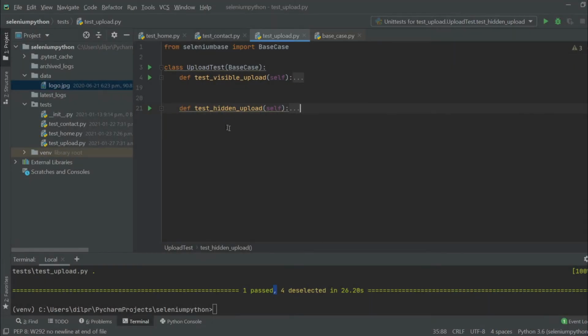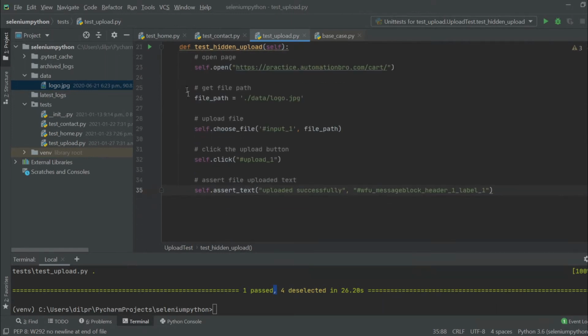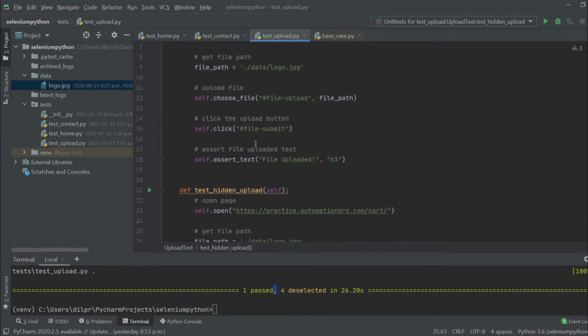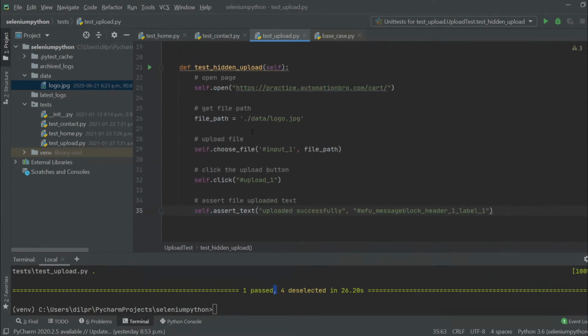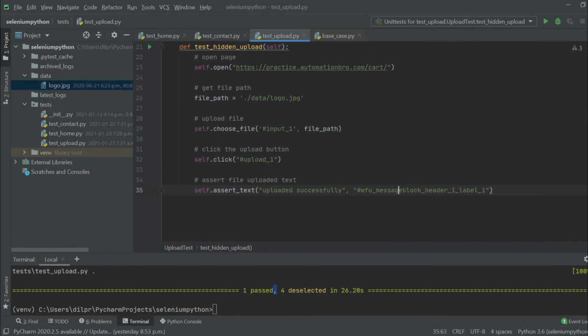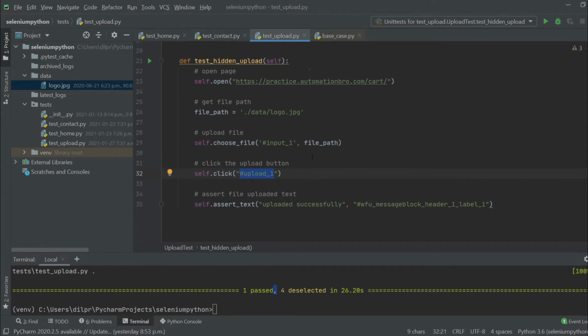All right, so I'm back in PyCharm and I have the second method that I showed you initially. I'm going to expand this, and I've already added our base data over here. This is all the steps that we basically did over here. It's exactly the same way. There's nothing different. Everything is the same. The only thing that is different is the actual IDs, right? The IDs are input1 right here and upload1. These are the two IDs that we just looked at, and that's what I've passed in over here.